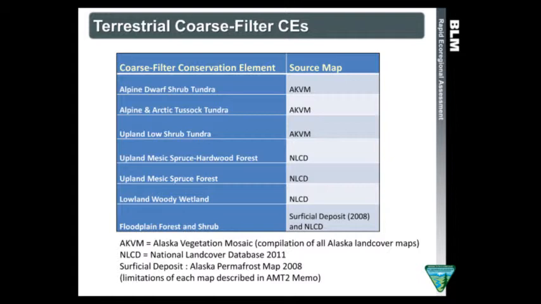And each one of these maps has its limitations. The vegetation mosaic, of course, is all different maps, so different accuracies. NLCD, they don't have a 2011 accuracy assessment, but the 2001 NLCD had, I think they reported for our project area, which is the interior boreal,